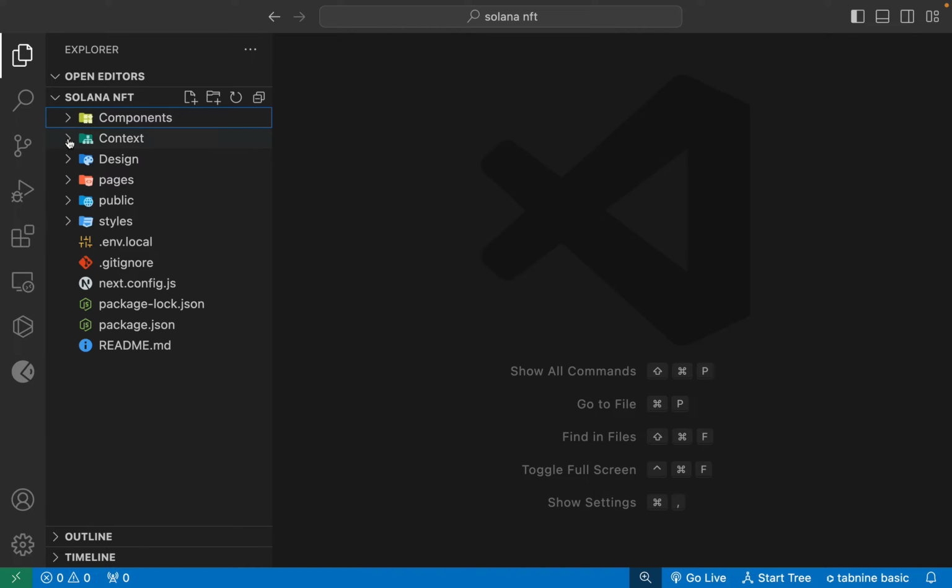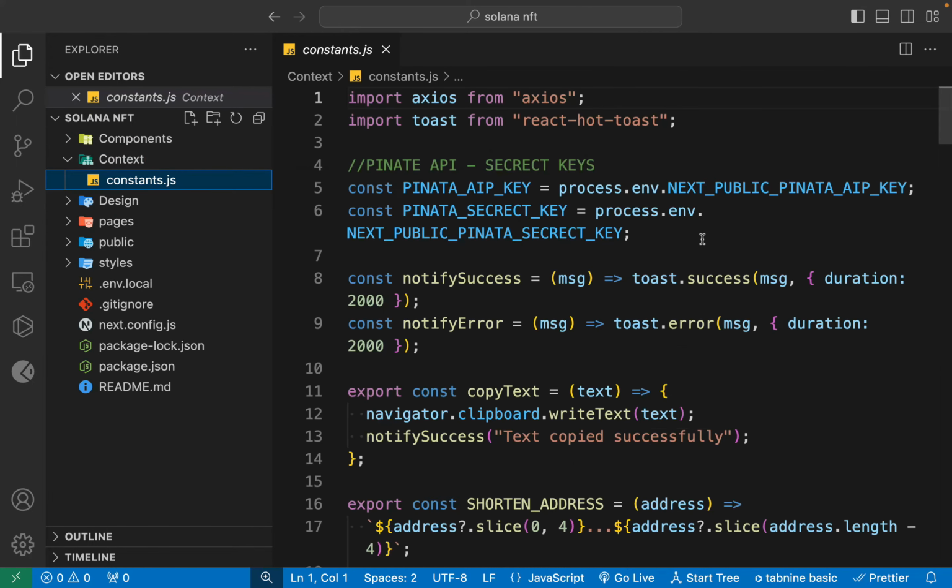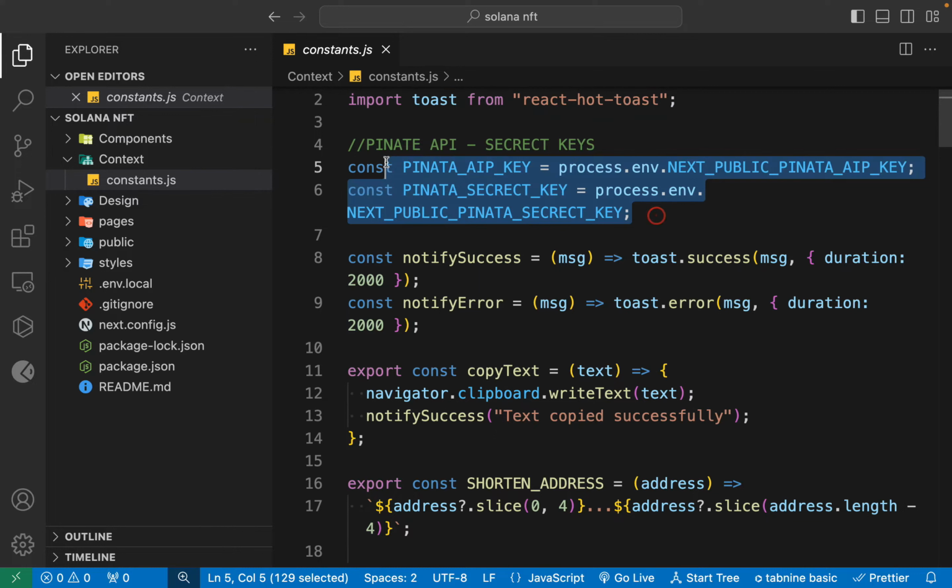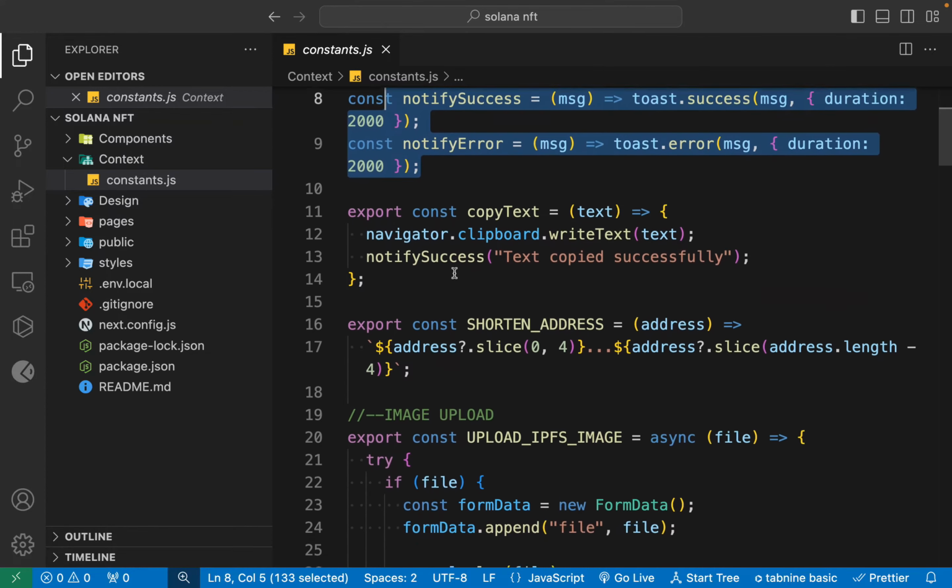Now we can come back to the context constant, click here, and here we have all the logic we have built for uploading the document to the IPFS, because we have to upload the metadata. So we are using this axios library, toaster. Here we are using the Pinata environment variable. I'll show you what changes we have to make in the environment variable, and the application will work as per you. Here you can see we have the notification component, the copy text,